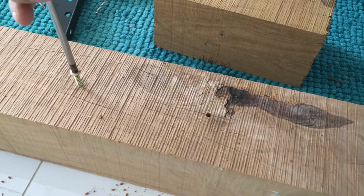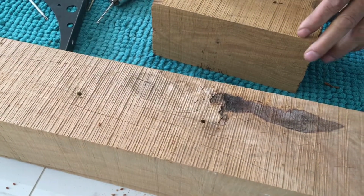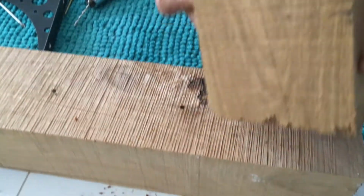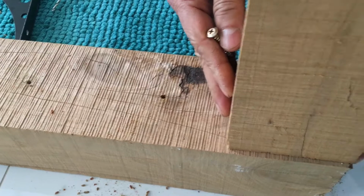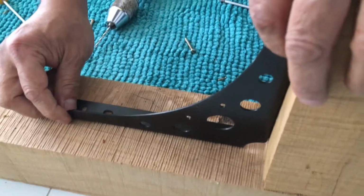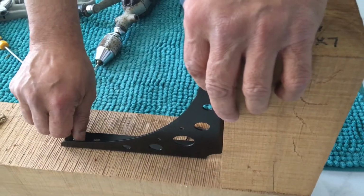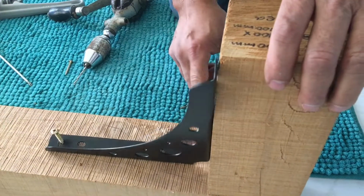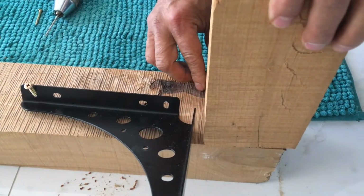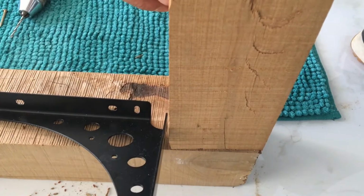So once we are sure our assembly is done, I have to continue to do it for these holes too, and then I will make sure I put it in the right position where we had set it up before, and get it aligned and start screwing. This is the area of the final assembly. We put the wood glue and we stick it here and do the final assembly. Right now we are just at initial assembly. Alright,